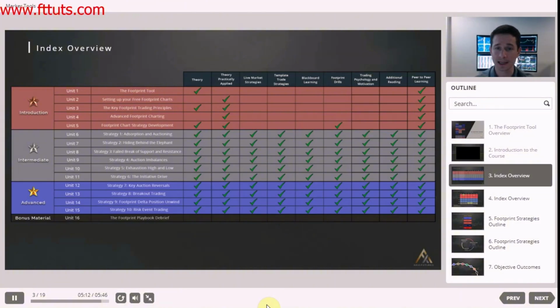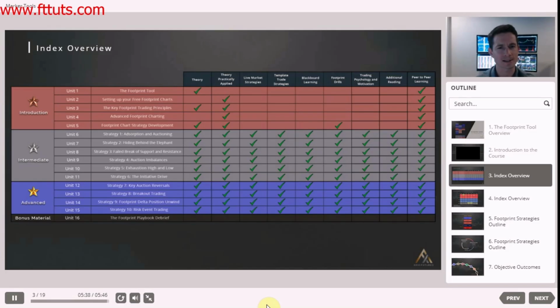There are 10 unique strategies throughout the Footprint course. And once you've completed all 15 units, you can then move on to unit 16, the bonus material. Obviously, once you get to unit 16, you can view a debriefing, a strategy session of how I would take the tool at the end of the day, how I would look for new strategies, and